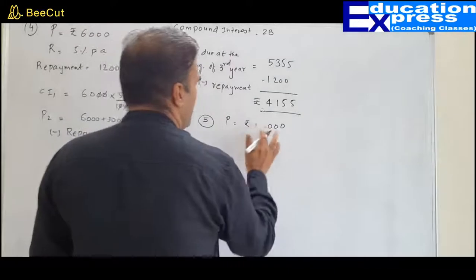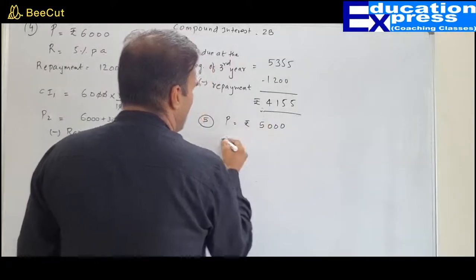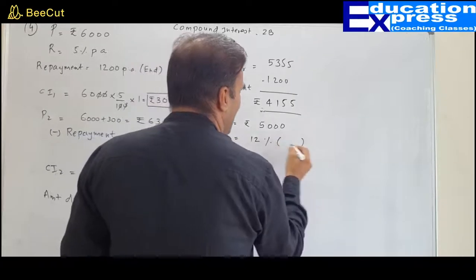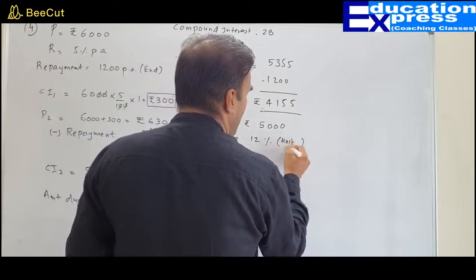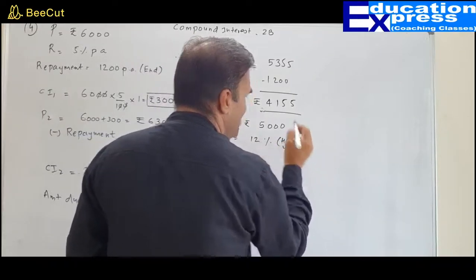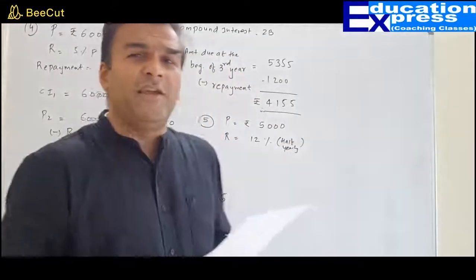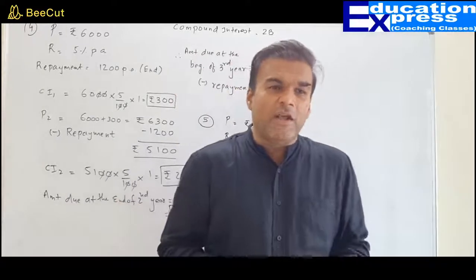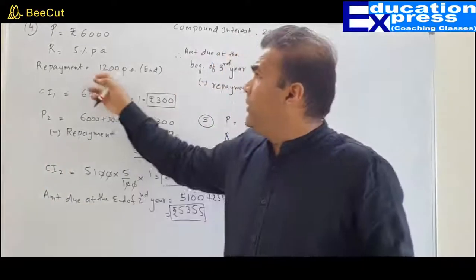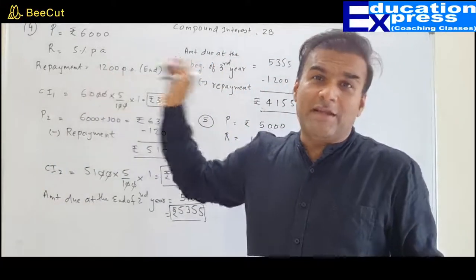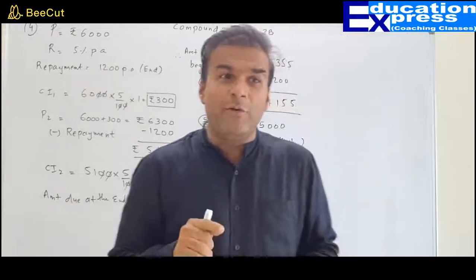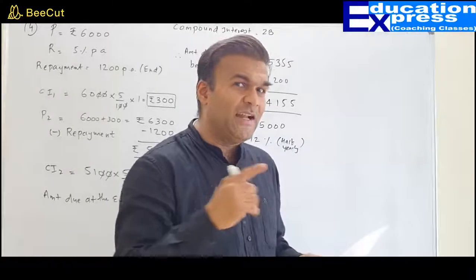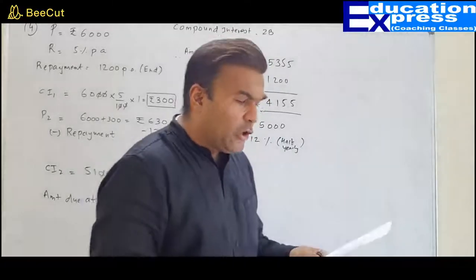5,000. Whereas the rate of interest is 12%. It's given half yearly. You know what that means? That means interest will be paid after every 6 months. Remember, my dear friends, here the interest was per annum, whereas for the sum I am reading right now, interest is paid after every 6 months. That is a very, very important clue.